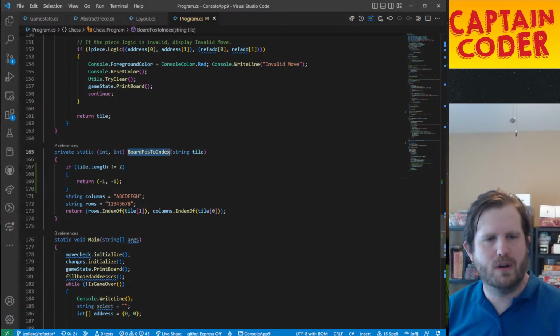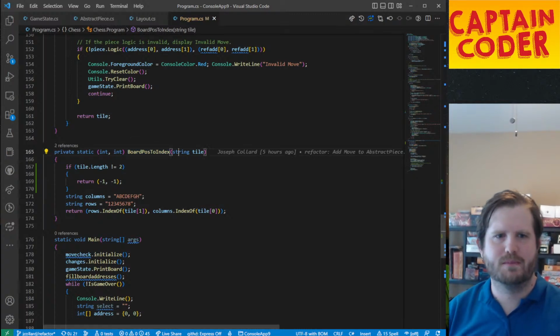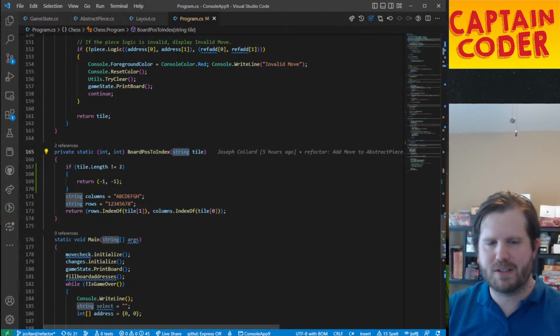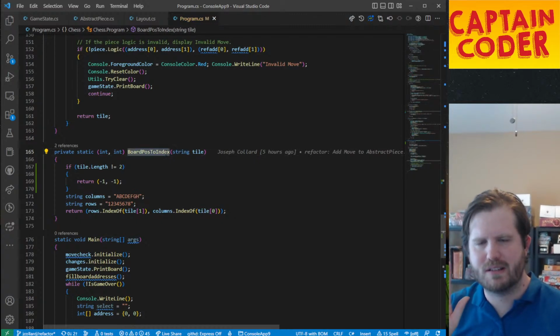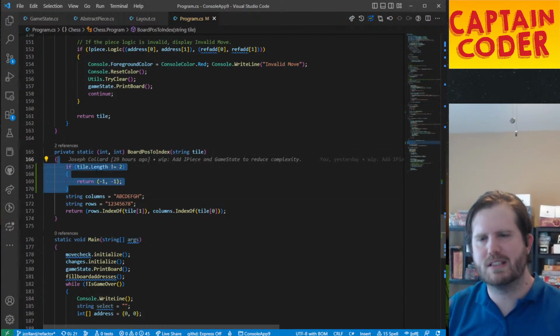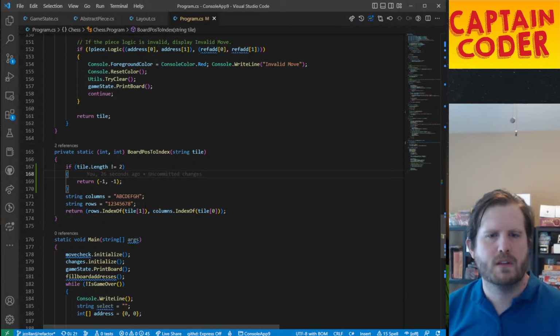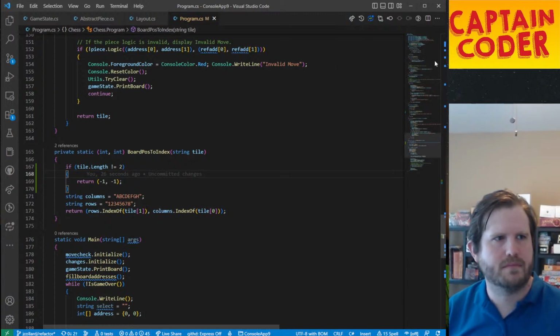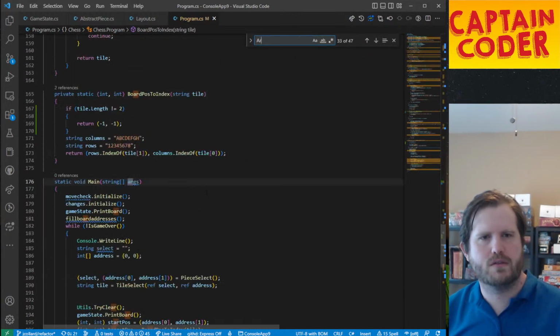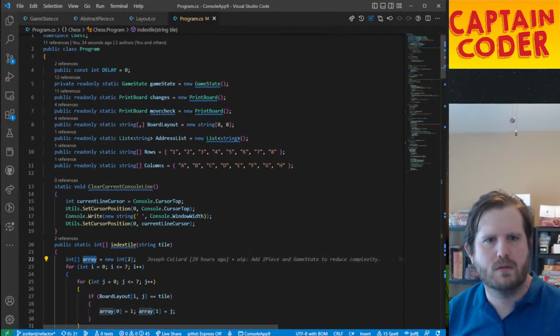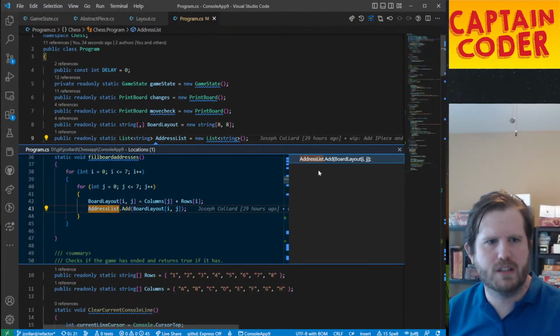Because this will only give us positions given a string, but correct positions. So this assumes the input's sanitized. Now we can say, oh, well, the input wasn't sanitized. Okay. So that's one of the references. What is the other reference? The only other reference to it is